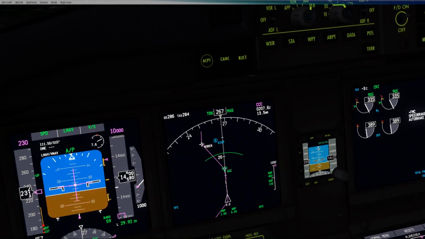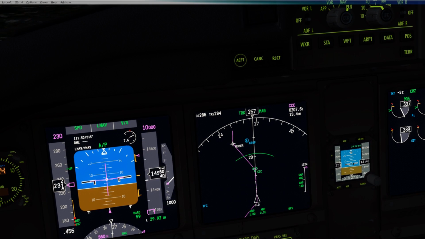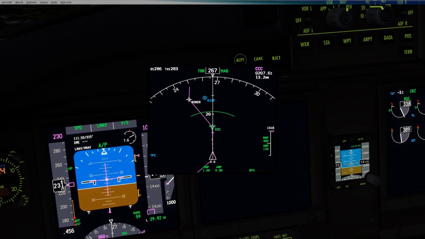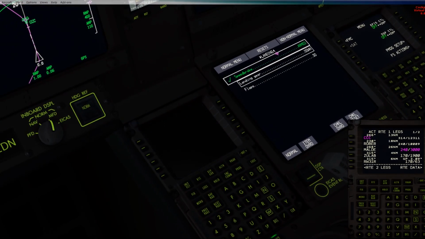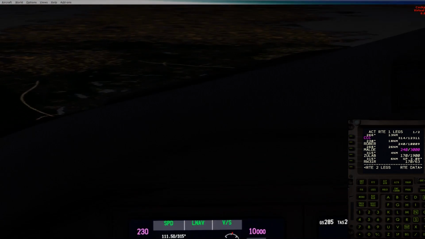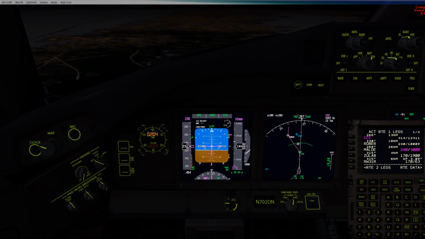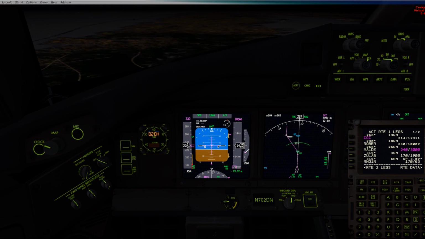By the time we get to Robber, we're gonna decrease speed to under 10 knots. I'm gonna quickly tell you guys my plan. So we're at CCC right now. We're clocking 230 knots, and that's perfectly fine with me. By the time we get to Robber, I want to be down to about 210. By the time we get to Maldive, 179, and Zulab, then we're going to switch it down to final approach speed, which would be